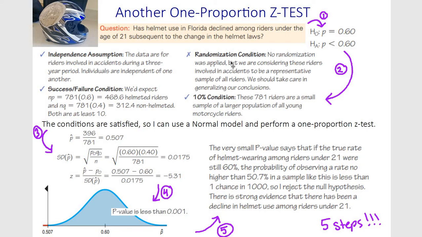We just have to note that we have to take care in it. Just keep that in mind. Once we satisfy these conditions and we noted that we have to be careful in generalizing, we can go and find all our statistics. So you find your standard deviation, your z-score,